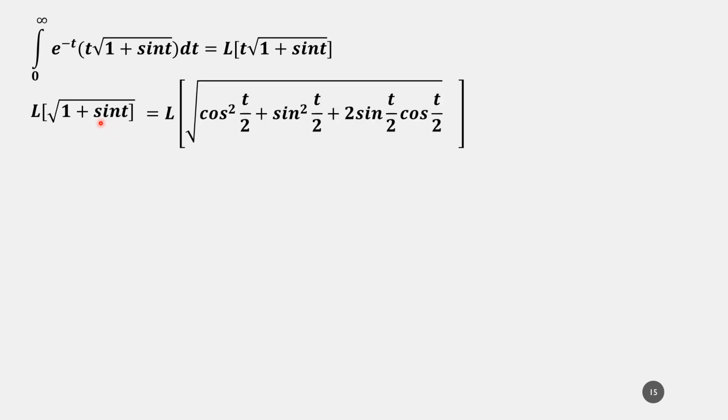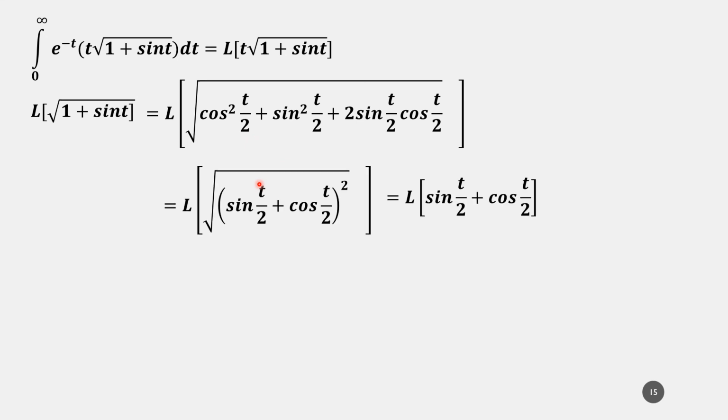Now sine t can be written as 2 sine t by 2 cos t by 2, using sine 2 theta is 2 sine theta cos theta, the half angle formula. Now we have the angle as t by 2. So here also 1 should be written as cos square t by 2 plus sine square t by 2. Then only we will get a square plus b square plus 2ab. So the first step is to write the 2ab function, and then accordingly write 1 in terms of cos square plus sine square. So now we have a square plus b square plus 2ab, so a plus b the whole square.